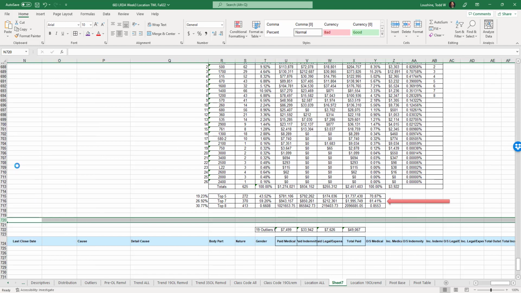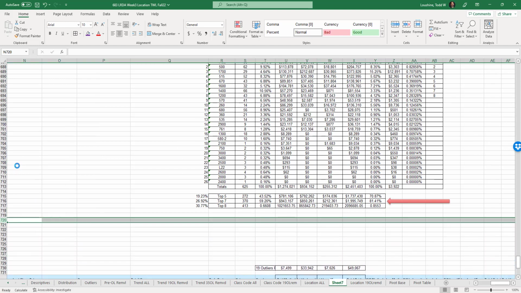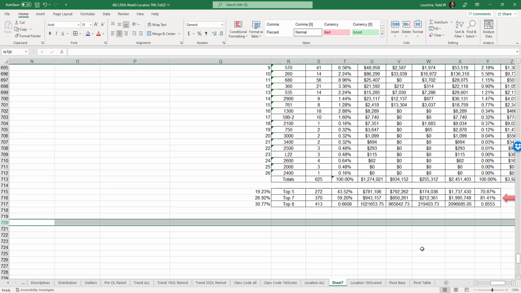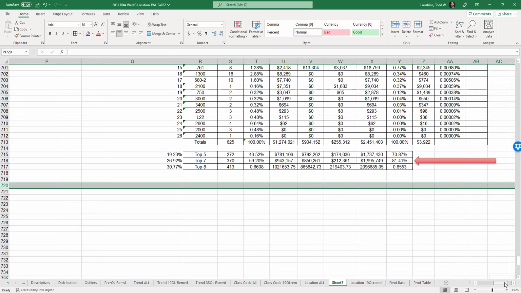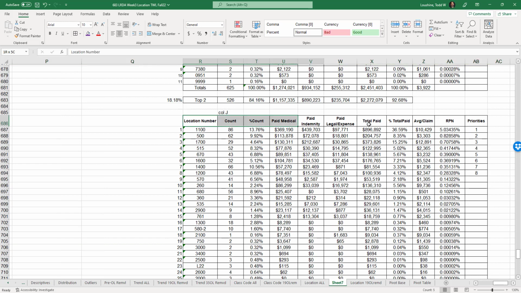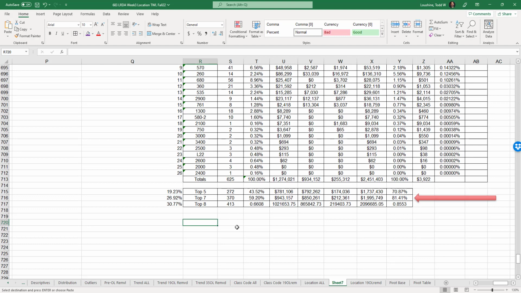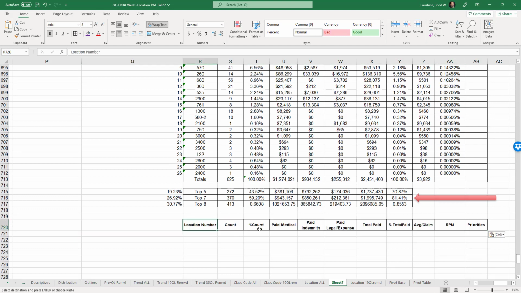I know somebody told me there's an easier way to do this. I should really reread what you sent me, because I could use something that would work better. We're at 120, 130. We are going to do the same little thing here. Copy. Paste. This time we're doing jurisdiction state. I'm just going to call it jurisdiction. Jurisdiction.